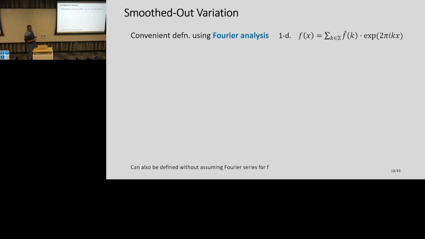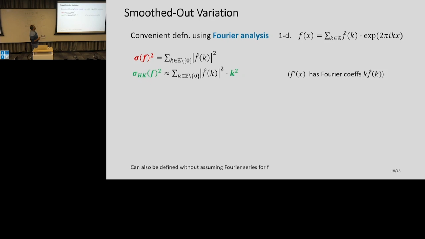Good. So let me tell you what this smoothed variation is. It's probably a slightly technical slide, but hopefully not too much. It'll be convenient to look at two quantities we care about: the standard deviation and the Hardy-Krauss variation of a function. We can look at them conveniently using Fourier analysis, and again, we'll just look at 1D functions. So I can write any function in this Fourier basis. As we know, the variance is just the sum of squares of Fourier coefficients, except the mean is subtracted out with the 0th coefficient.